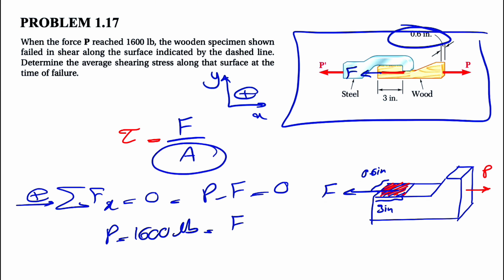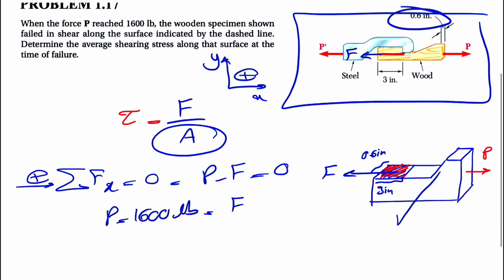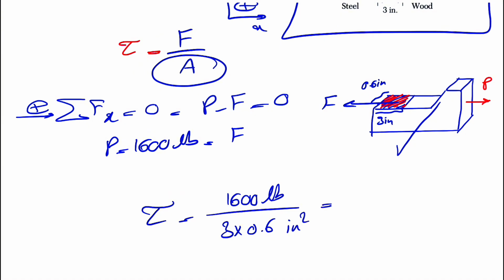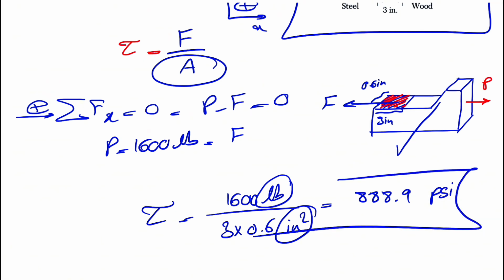We know we have to find the area of the shaded part in this figure, which is pretty easy. We have a rectangle, one side is 3 inches, the other one is 0.6. So we can find the shearing stress very easily. The force is 1600 pounds, and we have the area 3 times 0.6 inches squared, and if we calculate this, we're going to get 888.9. Since we have pounds and inches squared here, we're going to get psi, which would be the final answer for